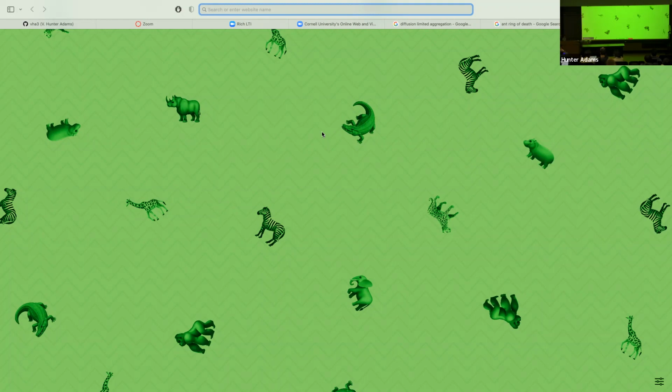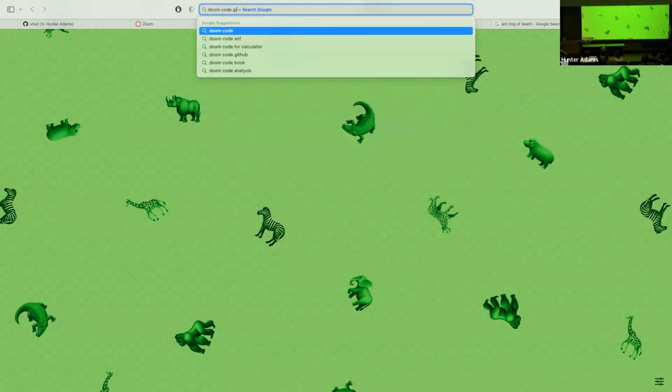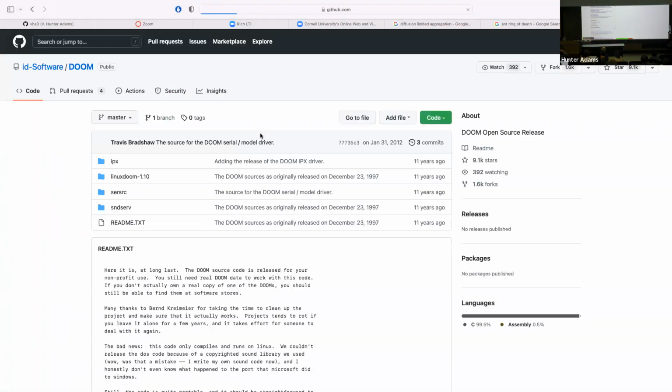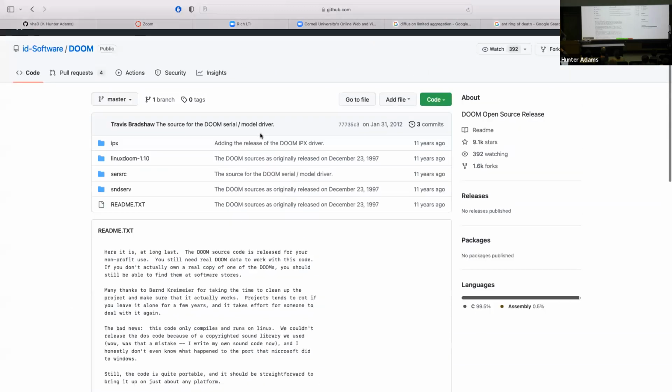I heard someone ran Doom on. That was going to be the next thing on my list. I always hesitate to recommend this because maybe every two to three years someone says, I'm going to go for it. I haven't seen it successfully done yet. Can you get Doom to run on the Pico? This is an old trope, but if you Google Doom code GitHub, id Software, John Carmack's company, all the source code for Doom is available. It's all right here. Can you port this to the Pico and get it to play on the VGA screen?